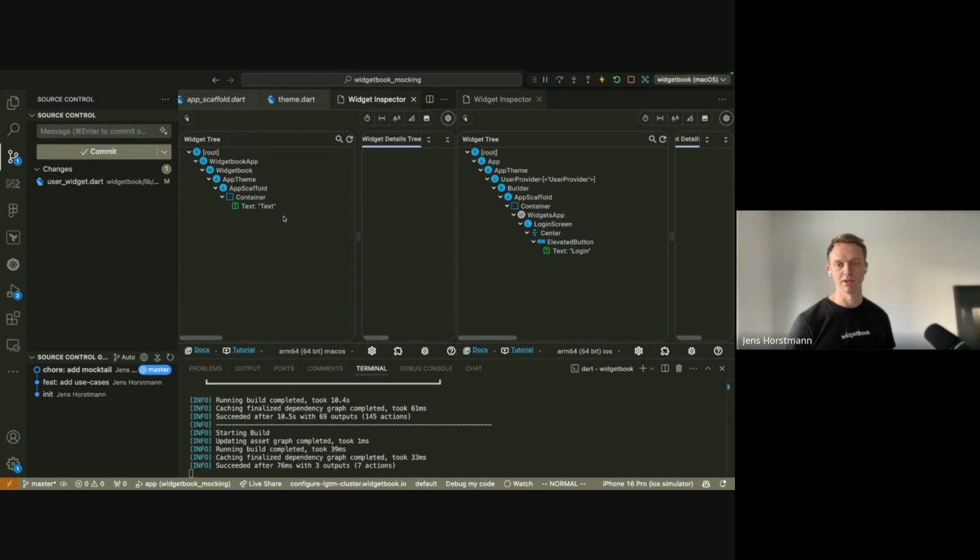This is something that, especially larger companies, usually have very complex themes and design systems. So they make sure that this theme is properly set up in Widgetbook and injected into the widget tree. Okay, I think now is a great time to have some questions. I know I've been going over the code quite fast, but if you have any questions so far,